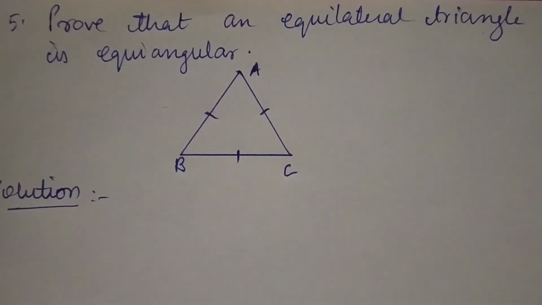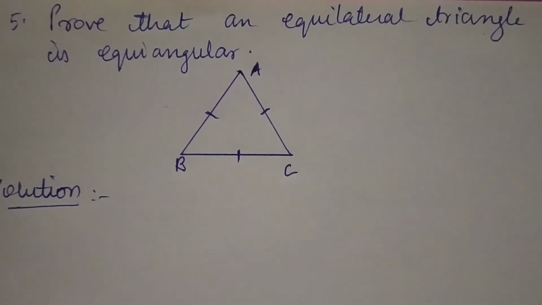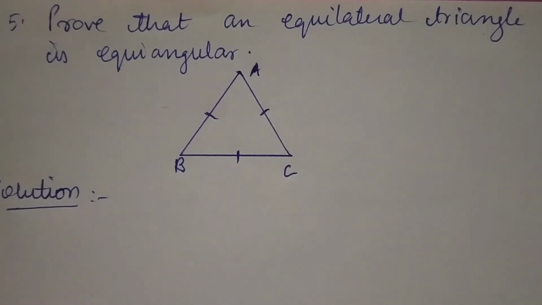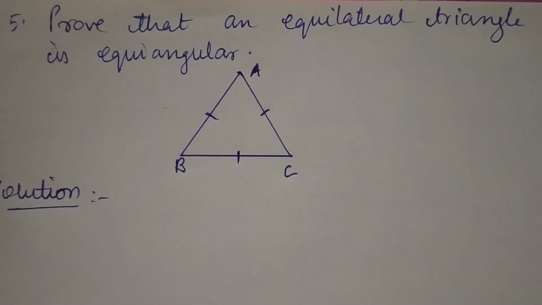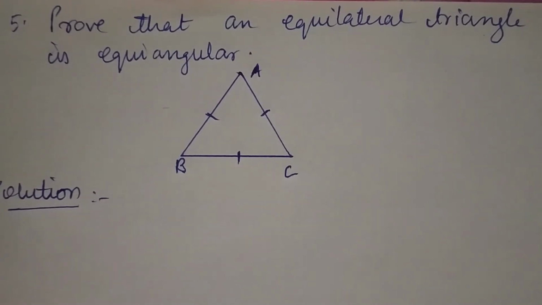Now, welcome to part 3. We have already finished practice set 3.4 part 1 and part 2, wherein we have solved the sums based on angle bisector property and property of inequalities of sides and angles in a triangle. So these two properties we have already studied, and we have finished 4 sums in the previous parts. Now in this video we are going to proceed ahead with the 5th sum.